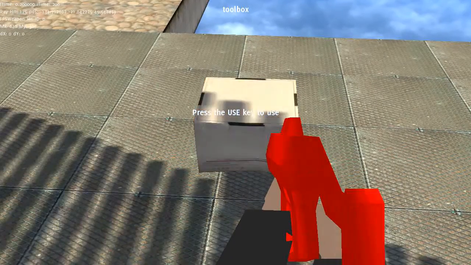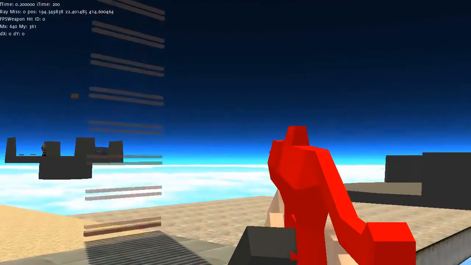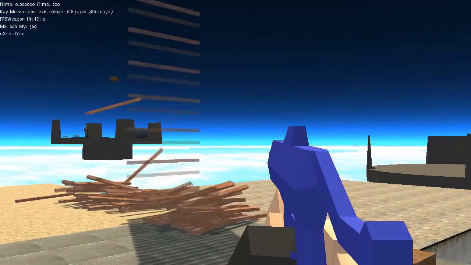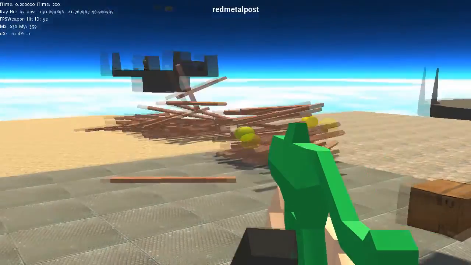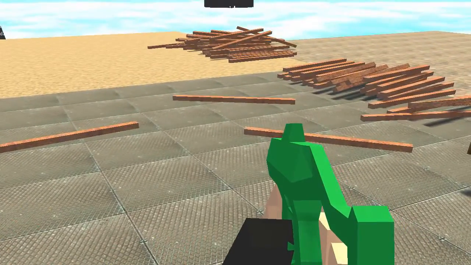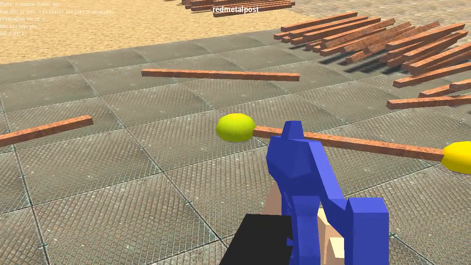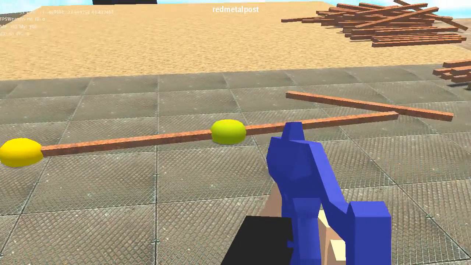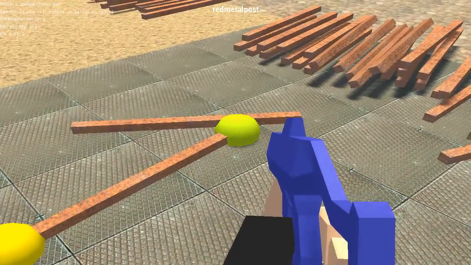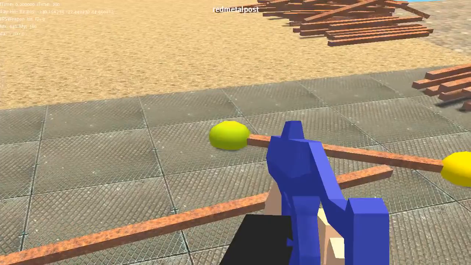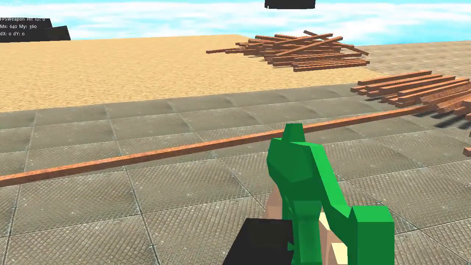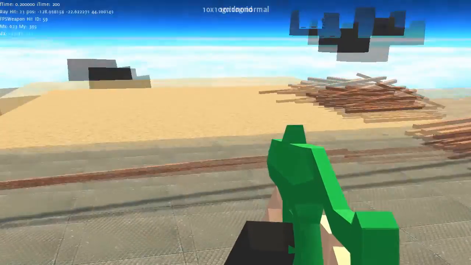The next way I tried to do it was through the use of the physics and snap points. So here I've just added a bunch of physics objects into the world. You can see that right now it's a bit too obvious and the sort of feedback's a bit weird, but these yellowy greenish looking balls that appear on the end of their rods, they're essentially snap points, and snap points can be anywhere on the object and any orientation and stuff, but the idea is that you'll be able to snap